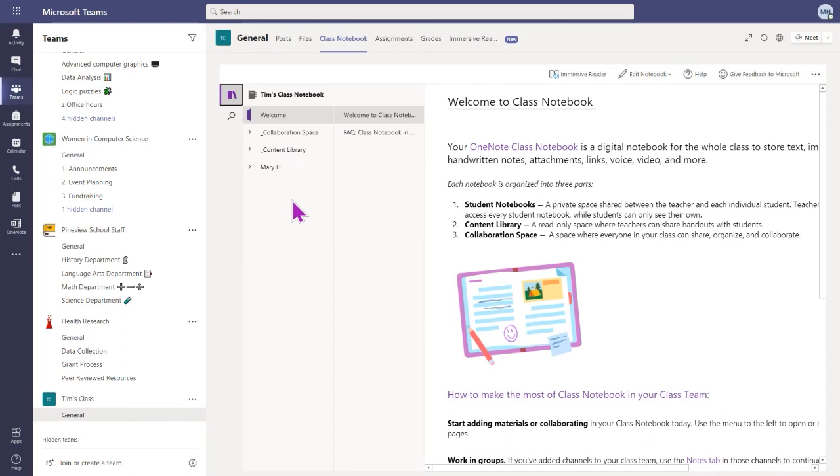If I had set up a notebook ahead of time and I wanted to add it as a tab to a team that's already been created, I would need to go into OneNote to make sure that it has been shared with everybody on that team. Otherwise, when that person goes to look at that notebook, they will be told they don't have access. They haven't been granted permission to view it or make changes or anything else. Hopefully that helps answer that question. If not, please let me know.